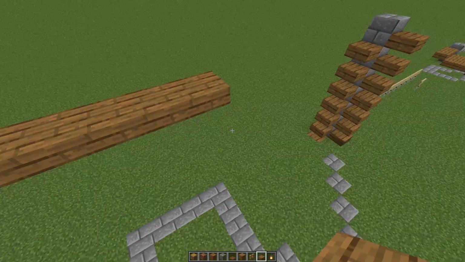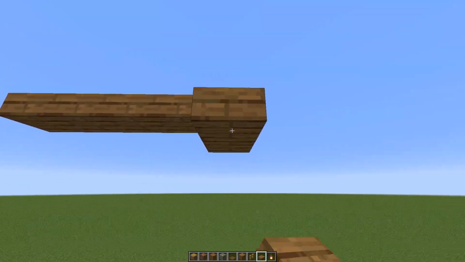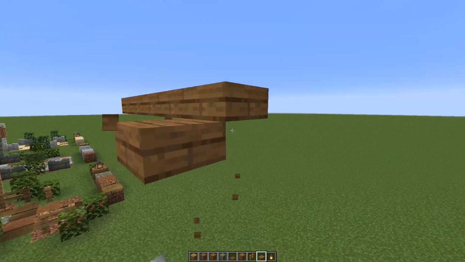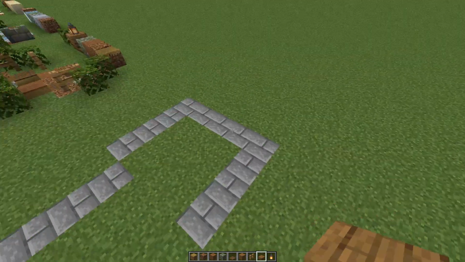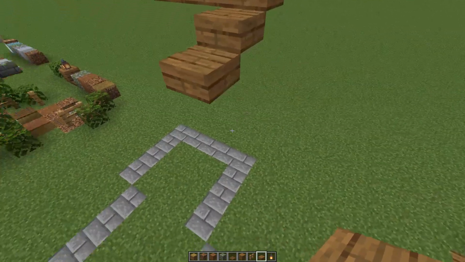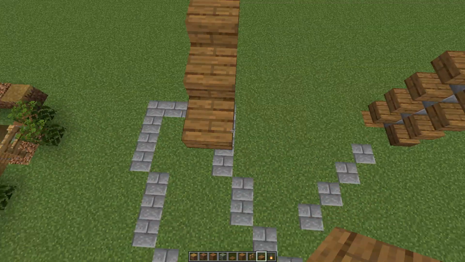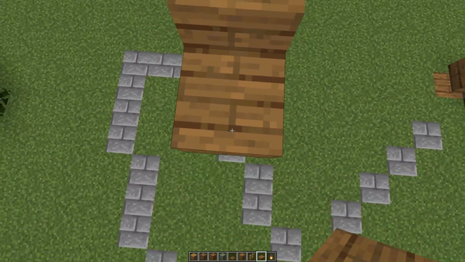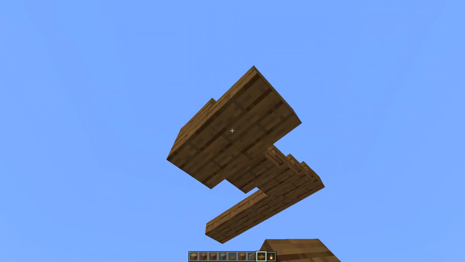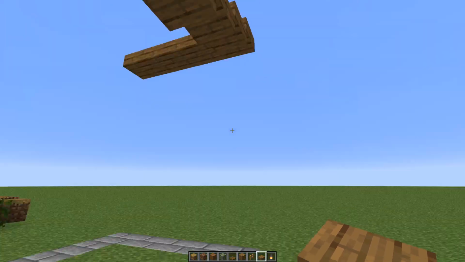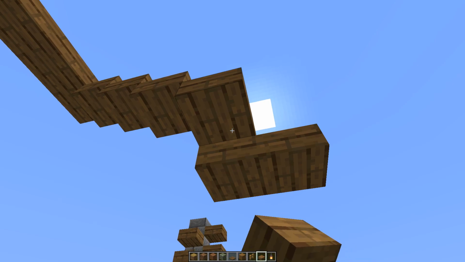So then the next step is to go down along the inner curve here, going down half a step each time. And yeah, it's probably easier if you draw it on the ground first, so you probably have to do some digging. But once you get good at this, and I've done it a couple of times, it sort of comes naturally. So now we're at this point here. So now we need to go down and to the left, well, to the right. And then we need to go down and